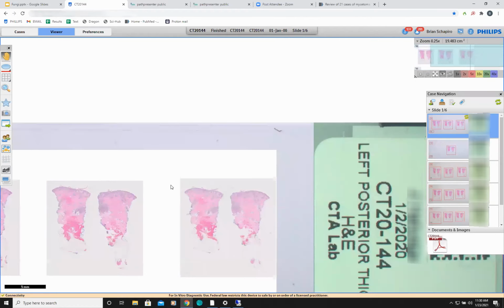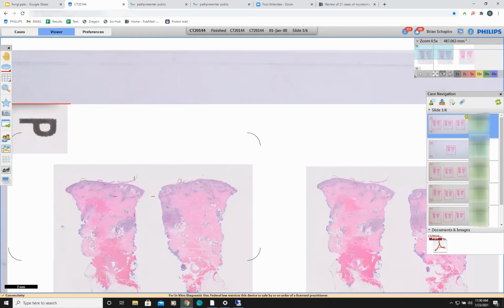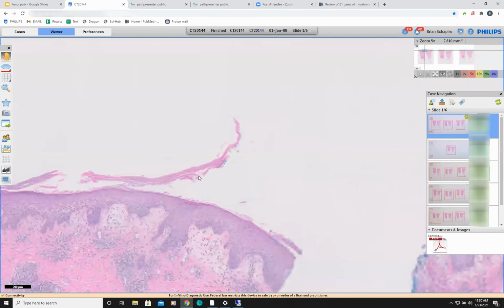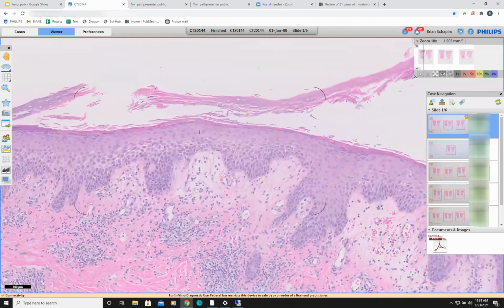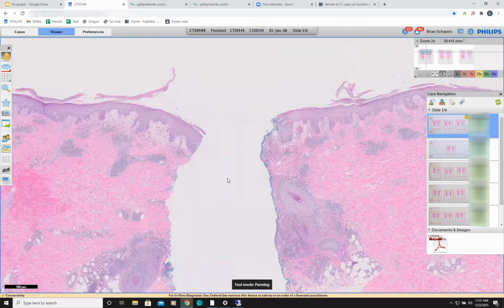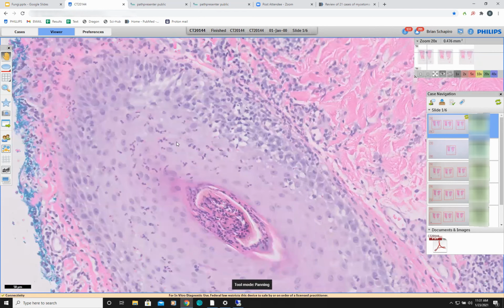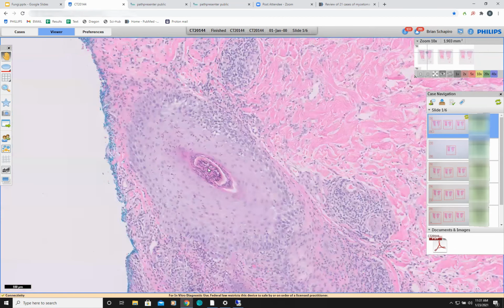So now I'll go to some of our in-house cases. This was a nice punch biopsy. And even on low power, you can see there's something going on around the follicle. A little bit of scale up here. Some papillodermal edema, mild spongiosis, perivascular infiltrate with eosinophils. Look, quite a lot of eosinophils. And then when you go around to the follicle, see there's neutrophil exocytosis in the follicular epithelium, neutrophils inside the hair,